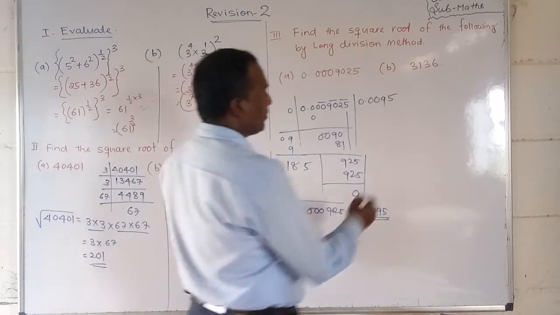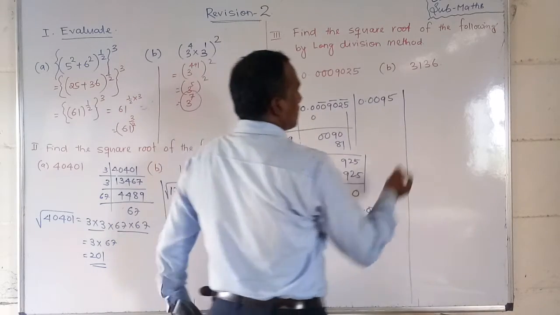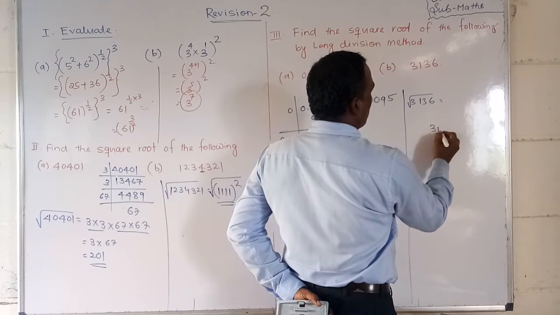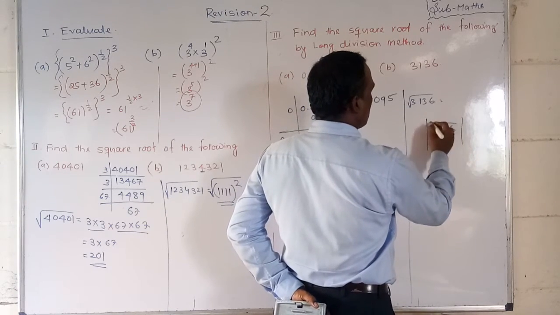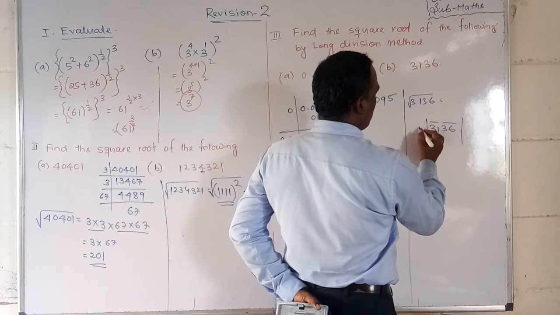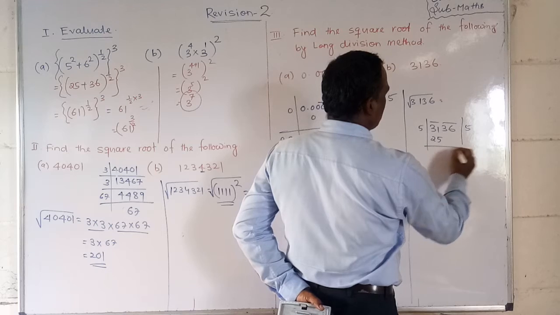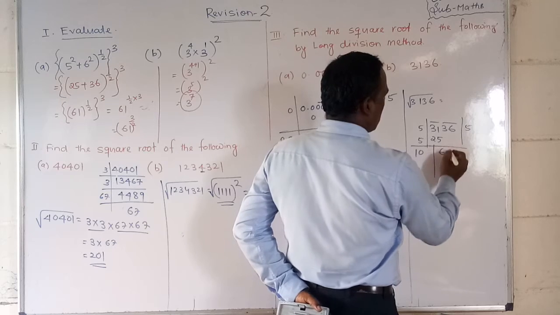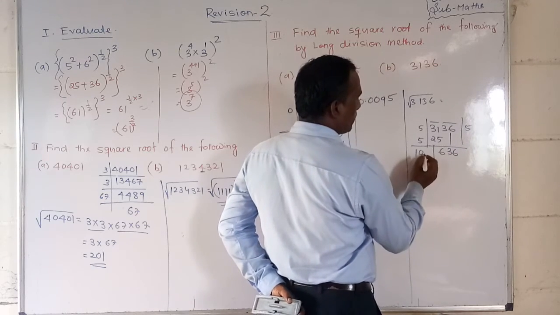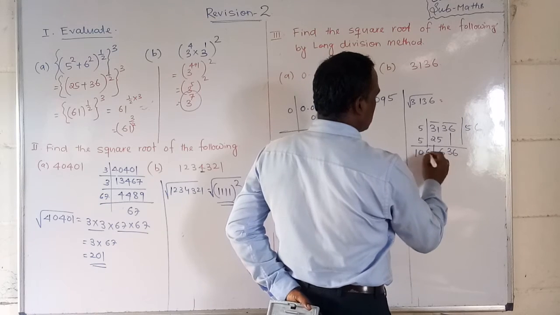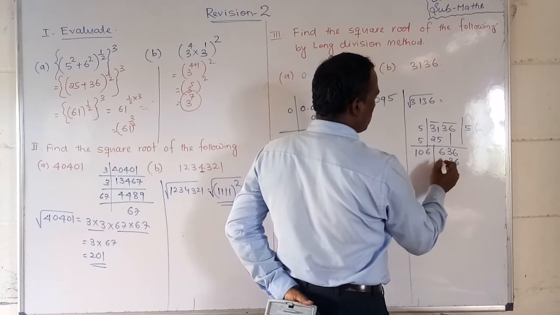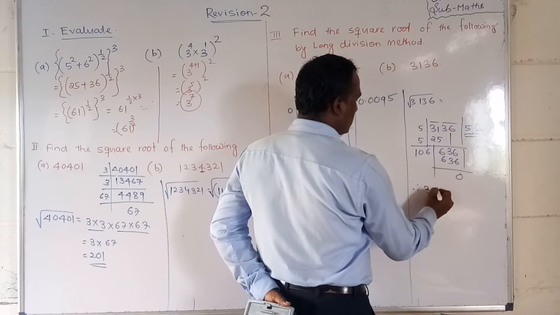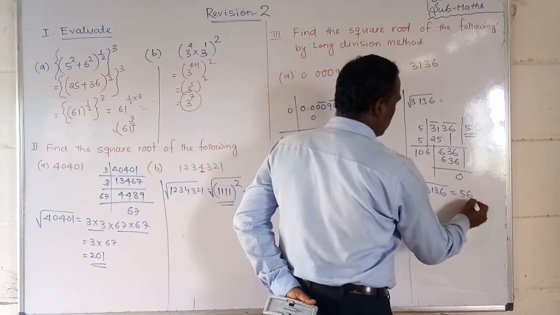Okay, friends, so in the same way we can do this side by division: the root of 3136 is equal to 3136, division, double double 4. 5 5 ja 25, 6, 1 go, 5 5 ja 25, 6, here 5 are 2 10, here 36 will come, friends. So we can put 6. It is 36, 3 6 1 ja 0 will come, so 6 0. So hence the root of 3136 is equal to 56.